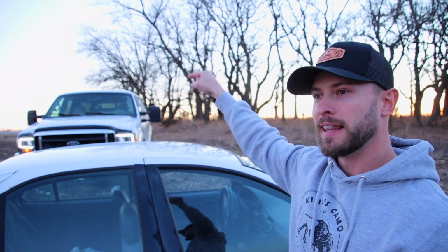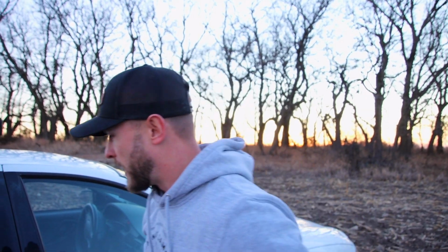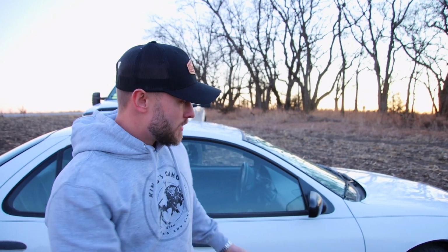I've had this thing parked in the weeds like 4 years, 5 years. Ever since I bought that truck, that's been my main hunting rig. But we're switching it up, at least for this spring. We got some high gas prices, so we're gonna have to deal with them with this thing. But I'll kind of explain how I'm gonna go about using this as a hunting rig as opposed to my truck. Obviously, a four-wheel drive is gonna be what you would want to use, but this front wheel drive 2004 Chevy Cavalier is gonna be just fine as long as it's not raining,